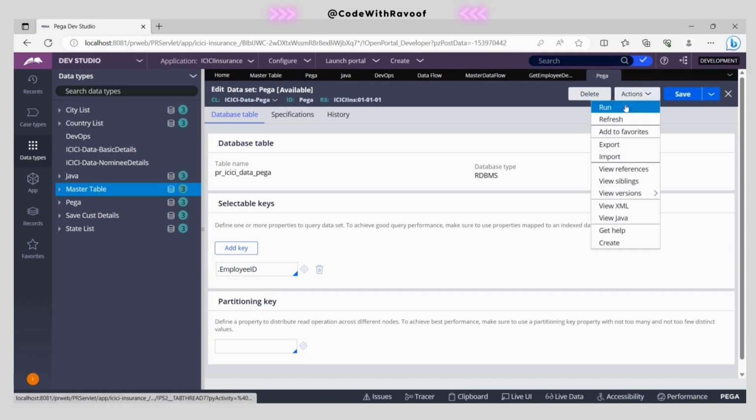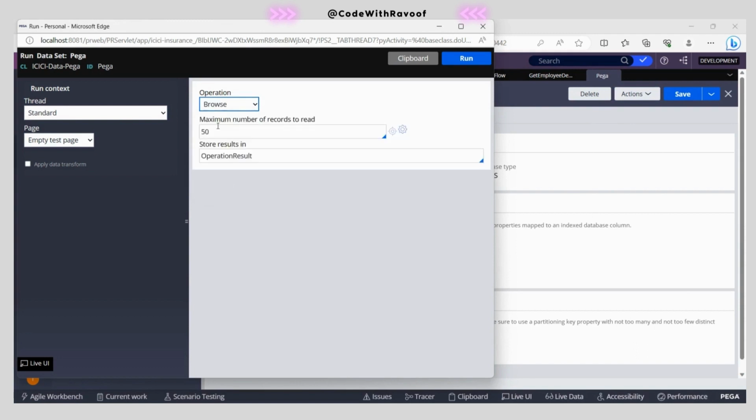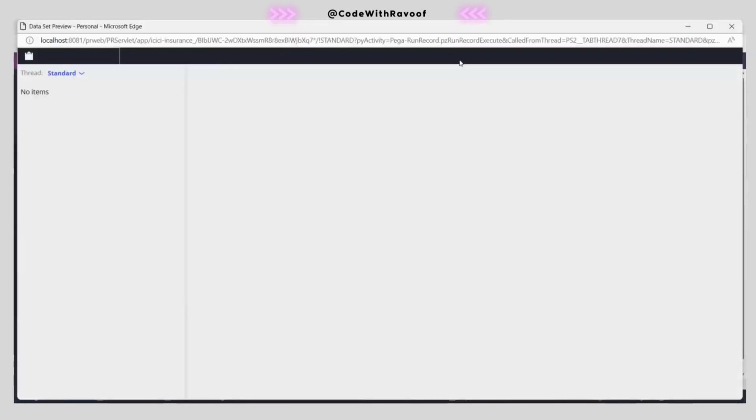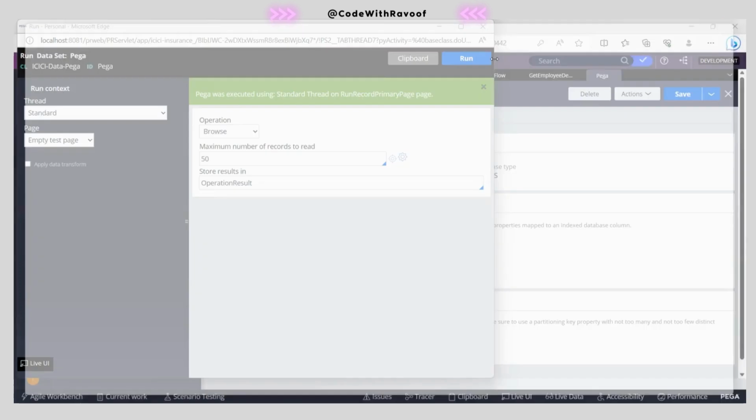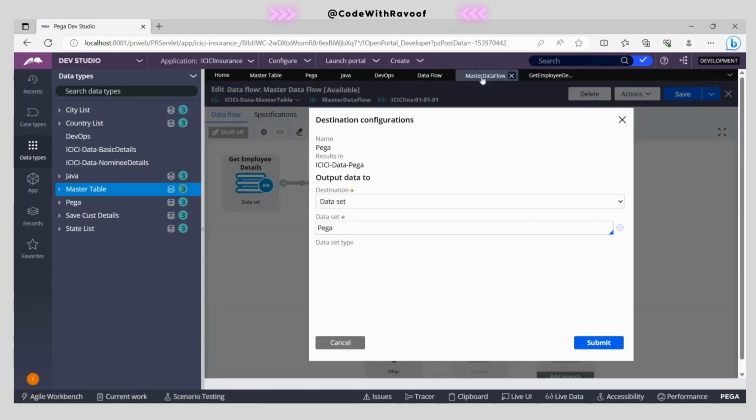If we run, obviously no results will be fetched. Why? Because we didn't configure and save the data flow. I am just testing over here. Now if we just run, see here, obviously there are no attempts, because we didn't configure that in a data flow and we didn't save it. So that's why we didn't get any sort of results. That was expected actually. Now get back to this, and now if I just save,